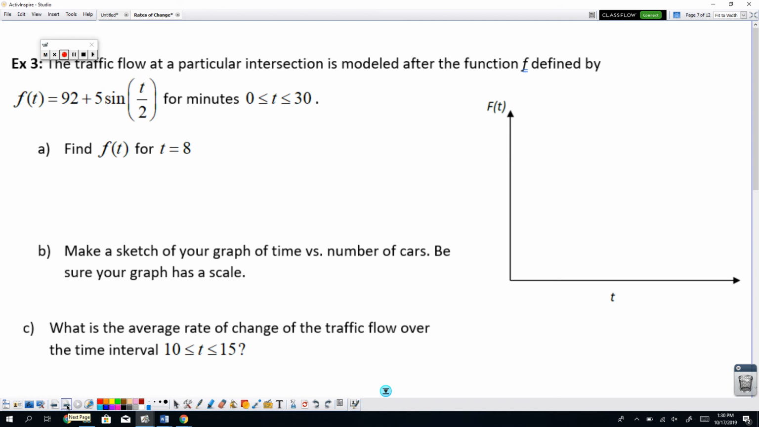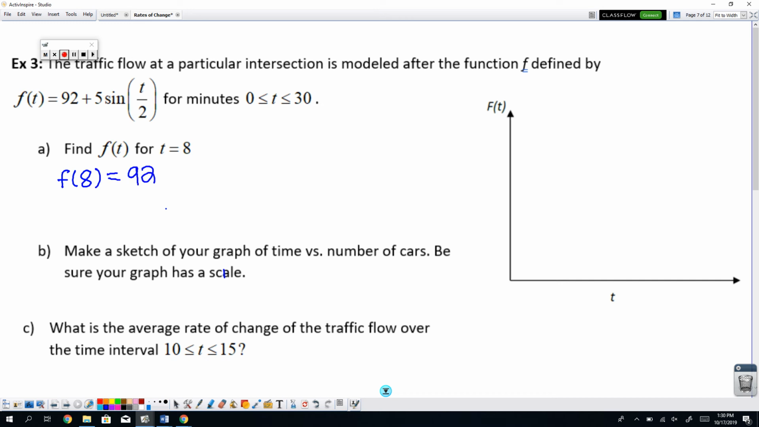Alright, so now we have one that's the traffic flow at a particular intersection is modeled after the function f. So really it's just giving us a whole new function. This one just looks kind of scary, that's all. So it asks us to find f of t for t equals 8. What that really just means is we're going to plug in 8. So f of 8